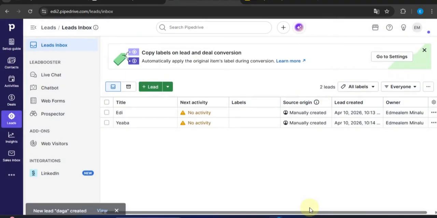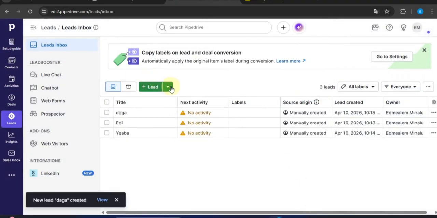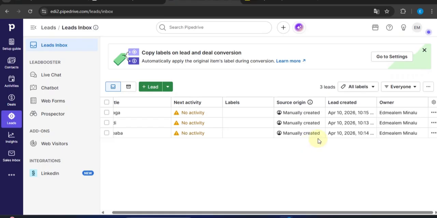If you're bringing in a batch of leads, click the small drop-down next to that same button and choose Import Data. This option is ideal when you're migrating from a spreadsheet or connecting a third-party tool. Follow the prompts in the import flow to map your fields correctly, so names, emails, and other details land in